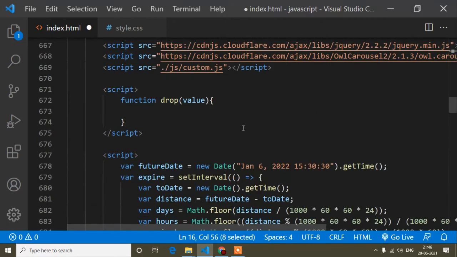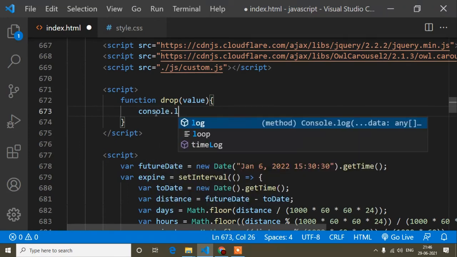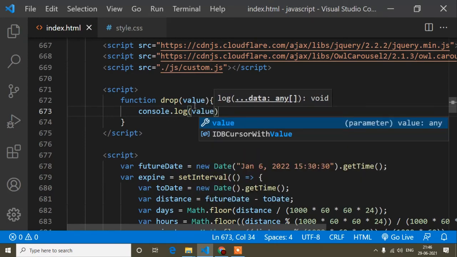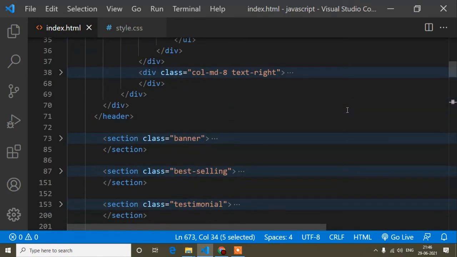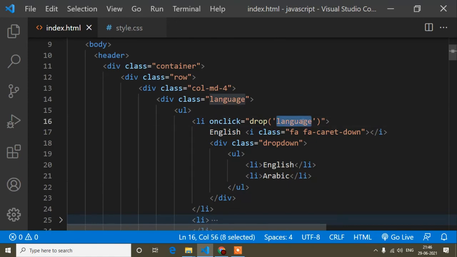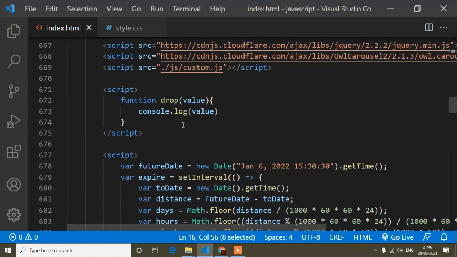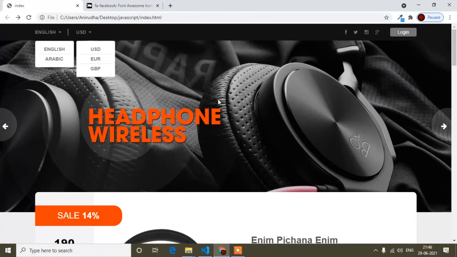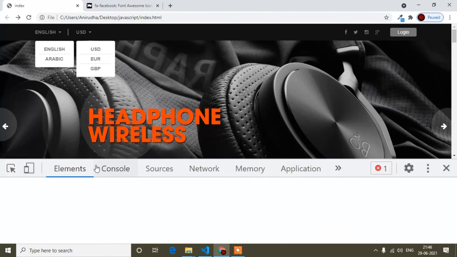Now if I write console.log and this value, in this value parameter I am passing this language. So if I console.log value, that means when I click this language English drop down, in the console it will print language because I passed language.